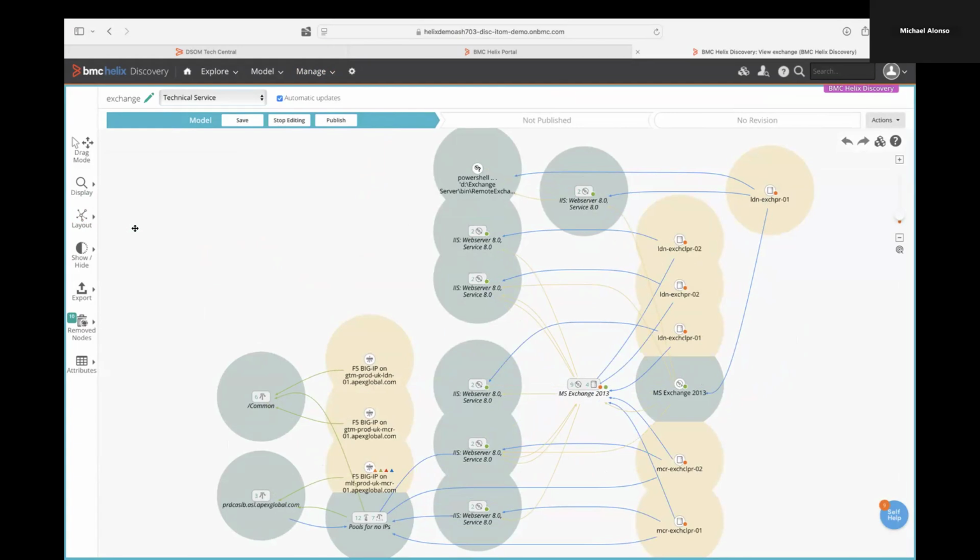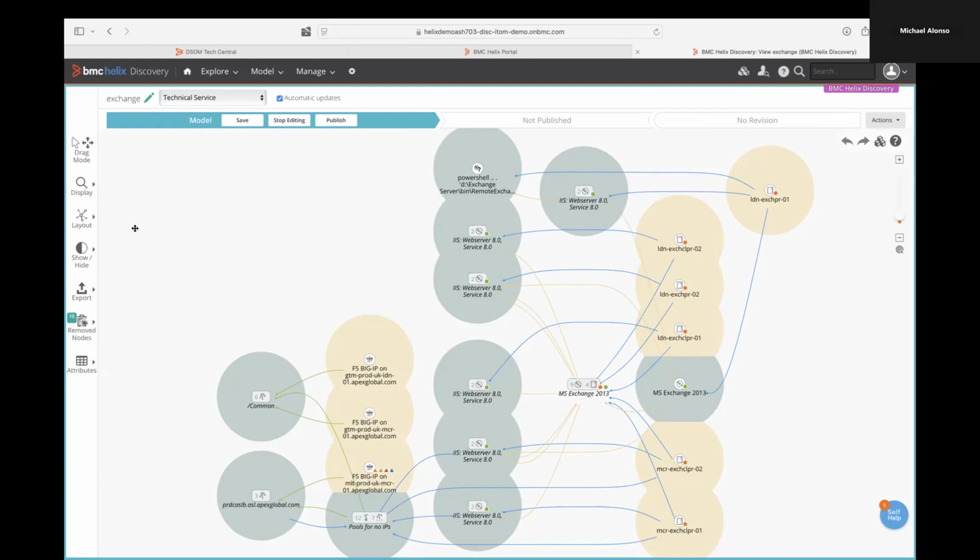So why did I show you this? Again, you're going to see it again here in just a few minutes. You're going to ask questions. How did you get all these models created? Well, this is just one of the methods that we utilize to get the models into our system. The other one is through open technologies, and we're going to talk about those open technologies as we move forward. But essentially, I can pull model information from things like Dynatrace, from Splunk, from SolarWinds, anything that, as I mentioned before, you've invested in, that you've taken that time to implement in your environment. We can go through and we can start pulling that information into our system.